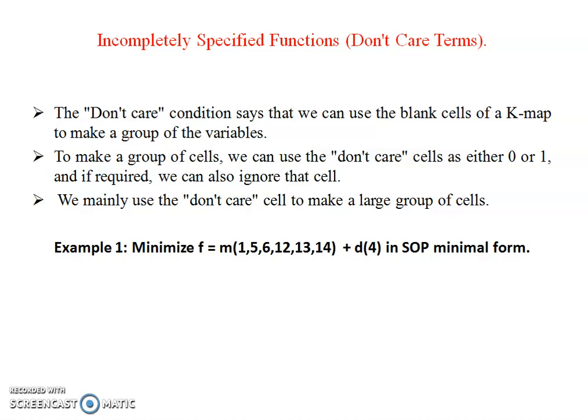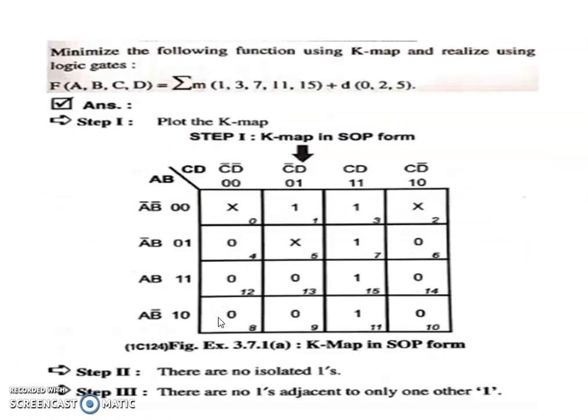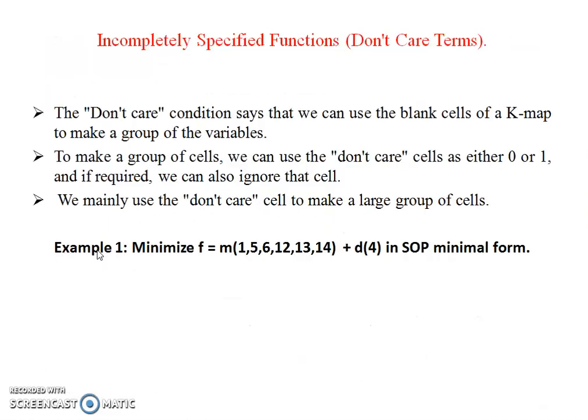Okay, a don't care condition is nothing but the input combination for which the value of the Boolean expression is not specified. They are indicated by X or D in the truth table. Now see, in this example they are indicated by X. This indication is nothing but your don't care condition. For example, in excess-3 code, the binary states 0, 1, 2, 3 never occur. It means that they are called don't care conditions.